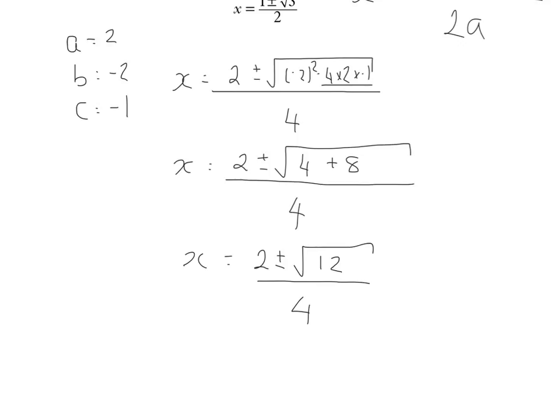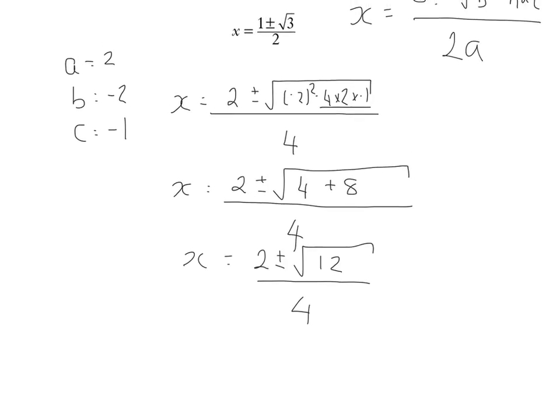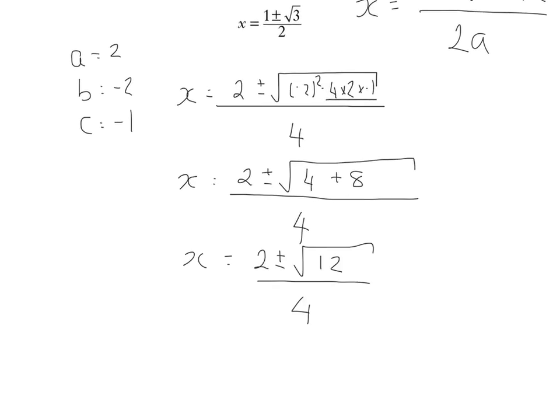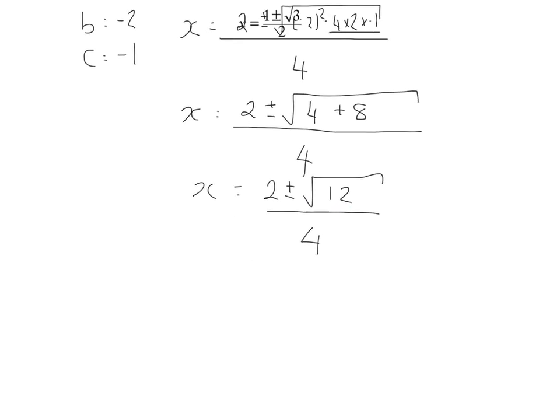Now, at this point, it's starting to look as if the answer might be achievable, so let's just continue to simplify. Root 12 is a surd, which can be simplified, so let's keep going with it. That will be x equals 2 plus or minus the square root of 4 times 3